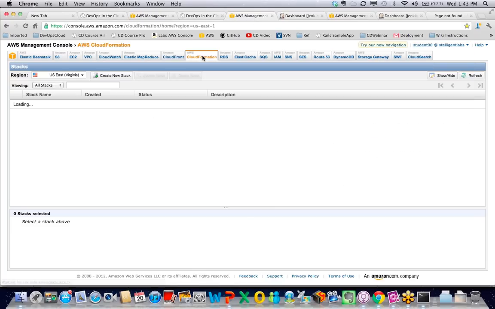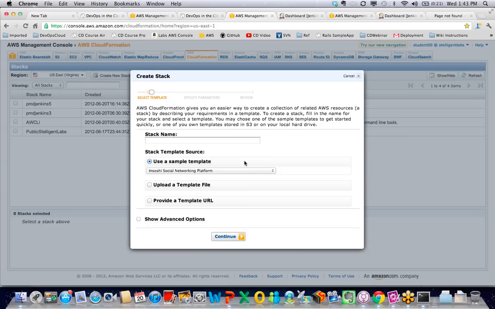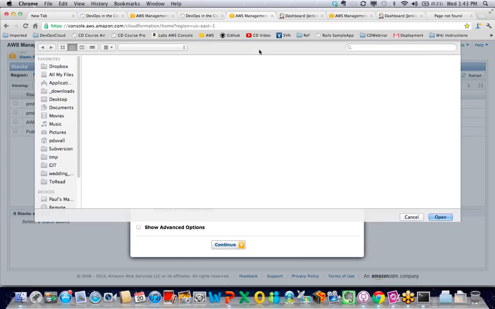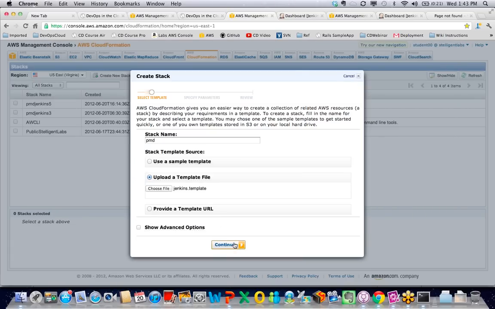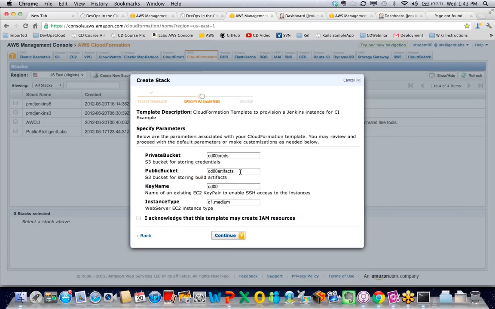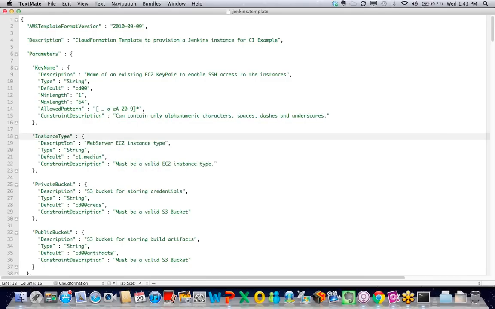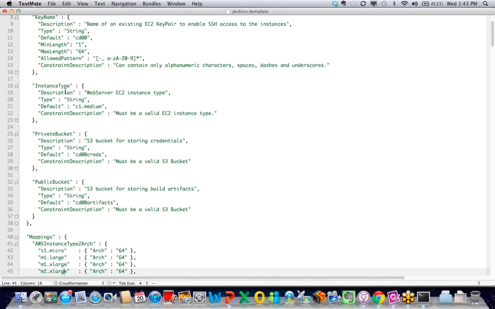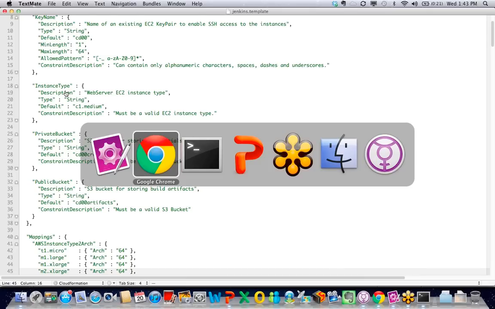So for instance, let me show you. If I go into CloudFormation and I create a new stack, and I upload a template, and so you see the private bucket, public key name, so forth. That's the same thing you see here. So as you're going through this wizard, you're defining this in the template, and then you just consume that template as a part of the process. And of course, I'm going through a wizard. As you might imagine, we could run this whole thing from the command line. And in fact, we do that.